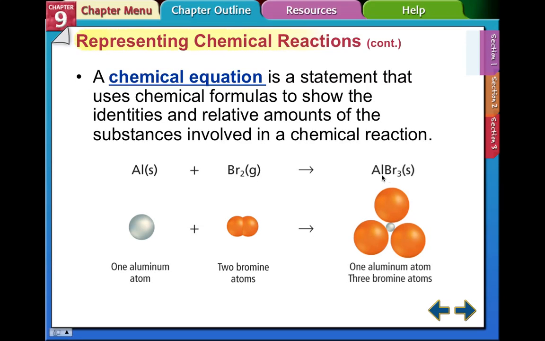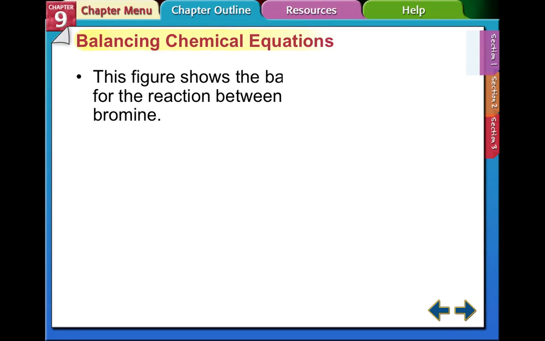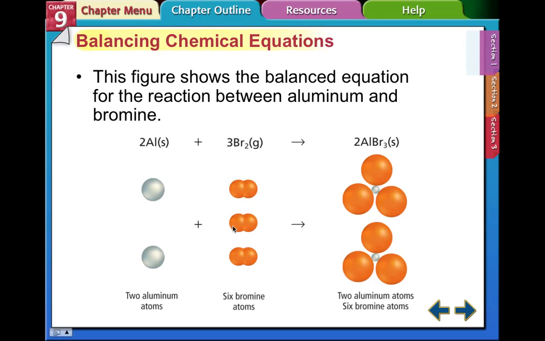Now to balance this out, you guys know how to balance these. You have AlBr3. This is balanced according to its oxidation charges. So you have three bromines and you have one aluminum, so we have a total of 4 atoms. But the equation still is not completely balanced. We have to put what you call coefficients, these numbers in front of your chemical compounds, to be able to